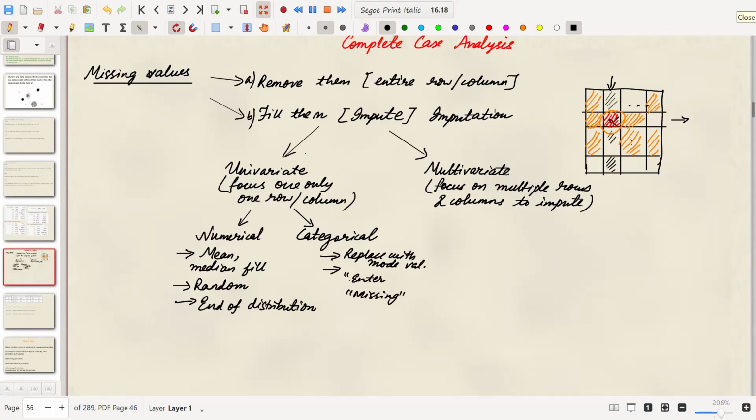That's it. In letters, you can type missing. That's another way. Okay. So these are the two ways you can deal with categorical variables. If a categorical variable is missing, you can replace it with the mode, which is the most likely value, like we saw in the previous example with marital status. If you have the marital status column, we saw there are 4 entries with single, 3 entries with married, 2 with